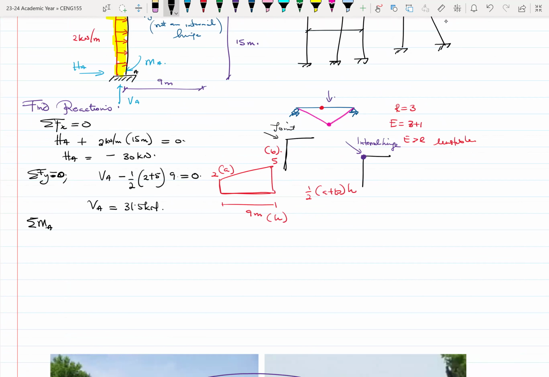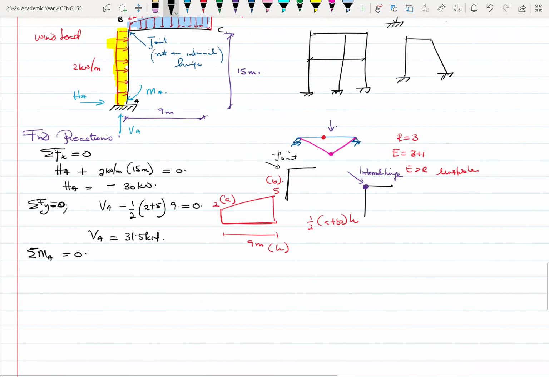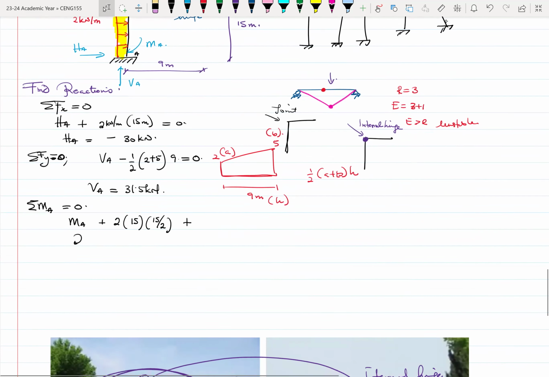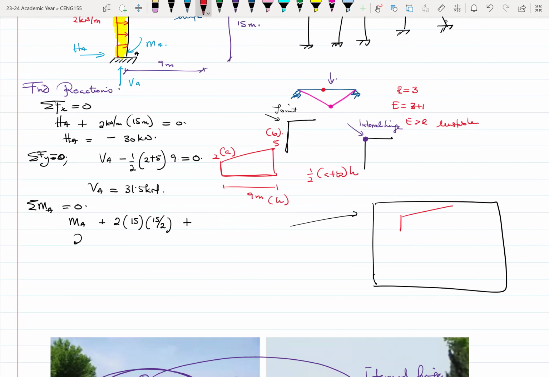Okay. Now let's find the moment. So let's sum moment about A to be equal to 0. Okay. Now that's the interesting part to this problem. All right. So if we take moment about A to be equal to 0, so we have our MA, which is a clockwise moment. And then the wind load, assuming it's a wind load, the yellow shaded load will also cause a clockwise rotation about A, right? So it becomes plus the 2 load times the 15 times 15 over 2. All right. Then plus this other load over here. The easiest way to solve this particular problem, so I'm going to break it here. The easiest way to solve this problem over here is that if you have this as your load,